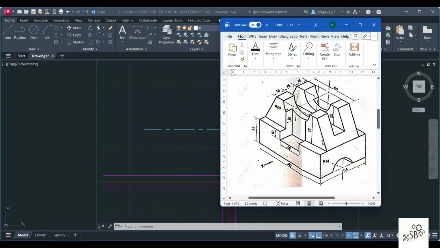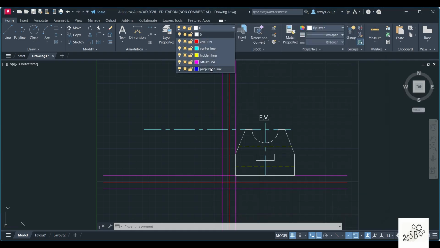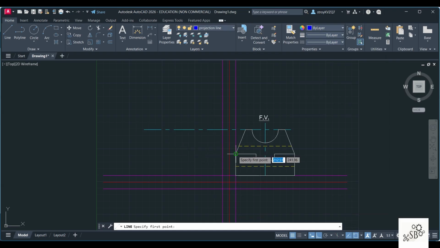So we will go for the side view now. Side view is very simple. From the side, you can see this entire box. Here you can see a slot. This length is 64 and this height is 33. So you can also use projection line here such that you are projecting this line from here for the height. Then we'll go to 0.